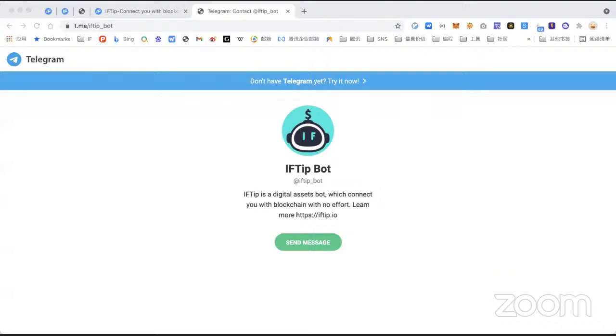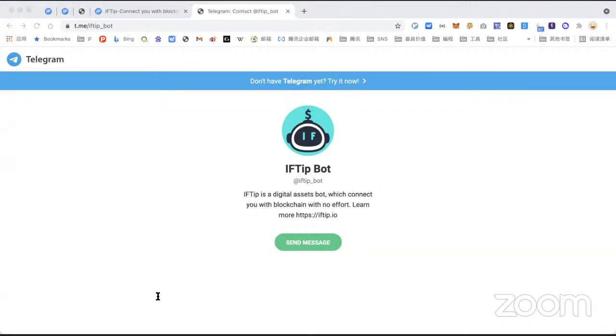Besides this, you can use it like a wallet, because the bot creates a wallet for you automatically, since you have a Telegram ID. For example, if you type balance or balance of Matic, it will create a wallet for you.